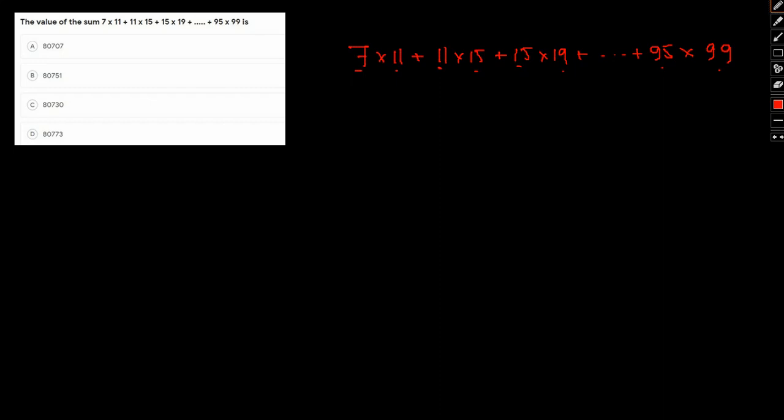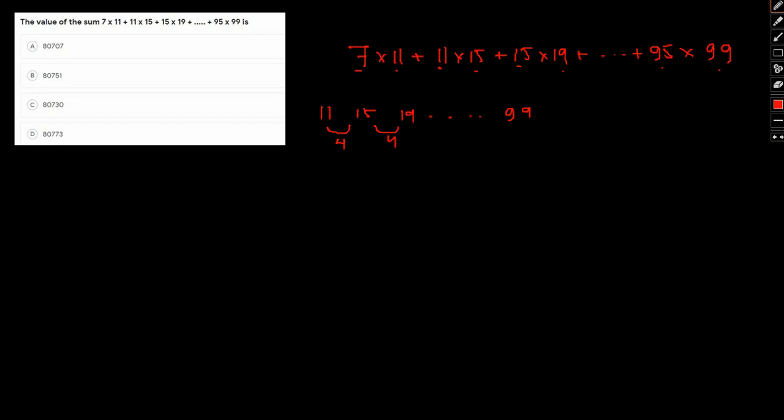So let us consider this particular series. Let's take the 11 one, the calculation might just be easy that way. So we have 11, 15, 19, dot dot dot till we have 99. Let us consider this series. The common difference is 4, so the common difference would continue to be 4.